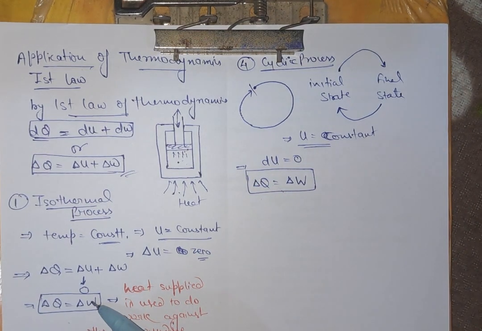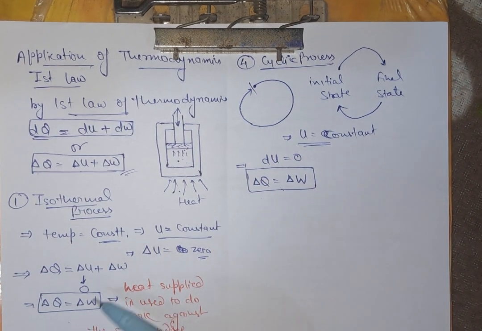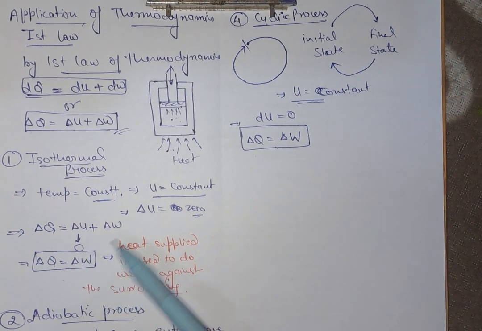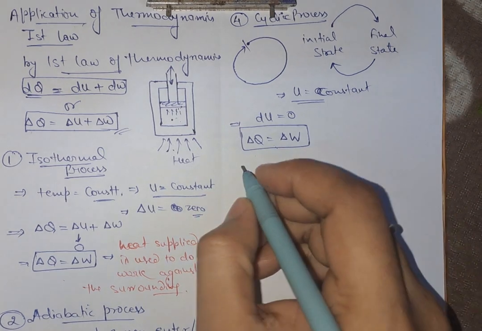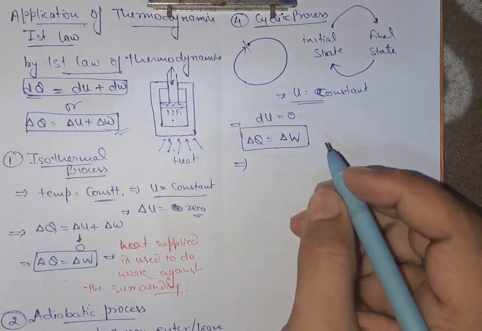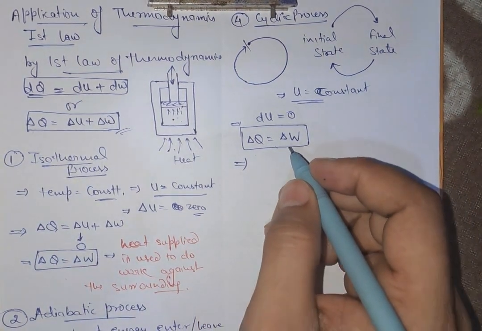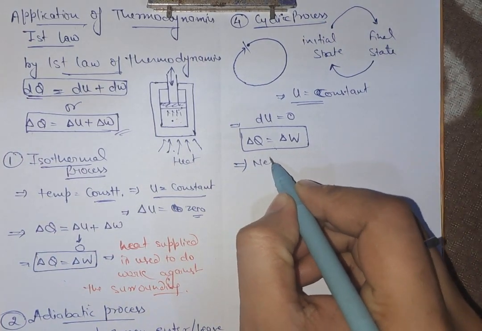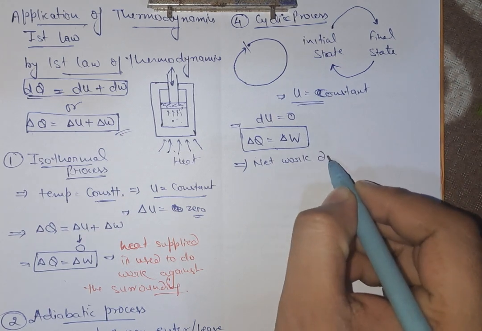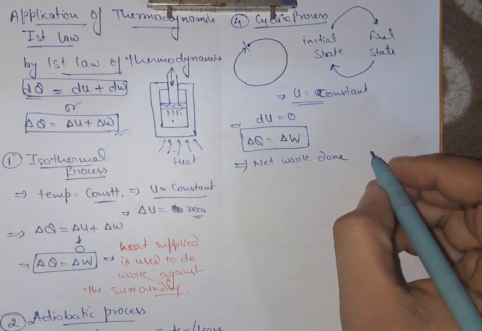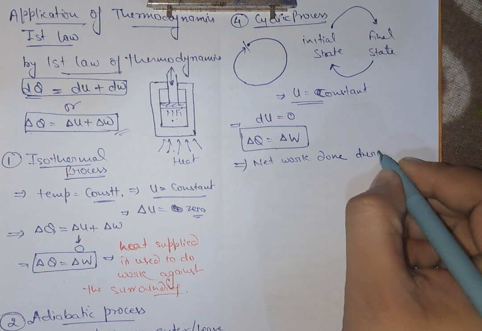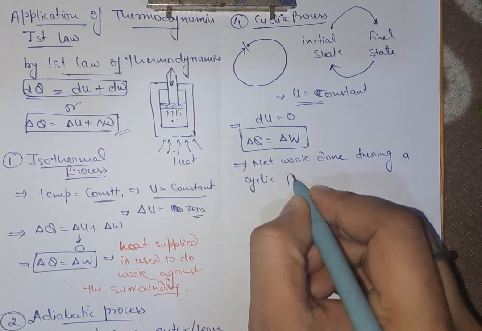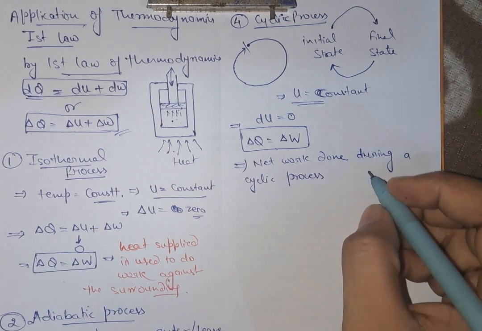So you can see in the isothermal process we also got the same equation, and in this cyclic process also. What does this mean? This means that the net work done during a cyclic process